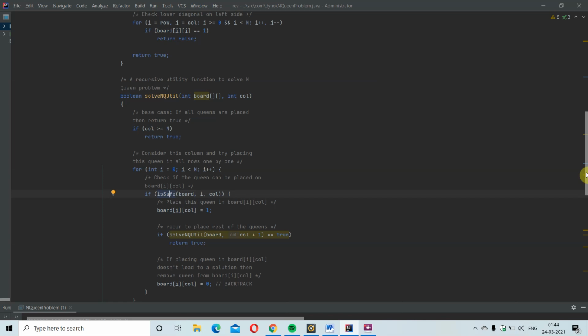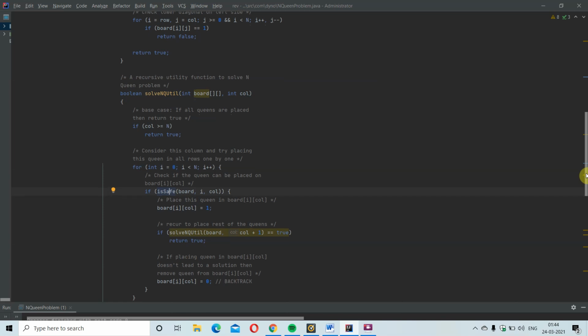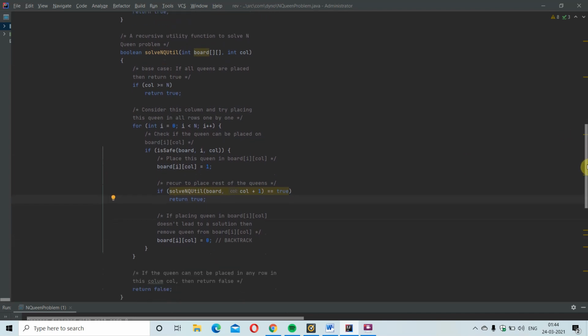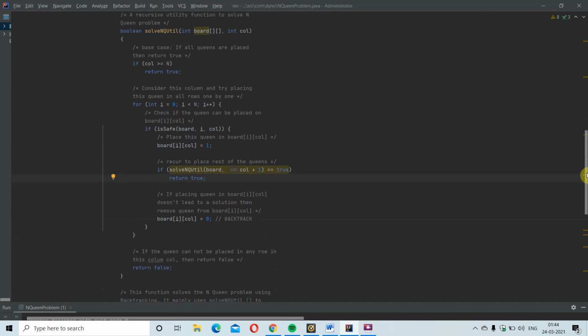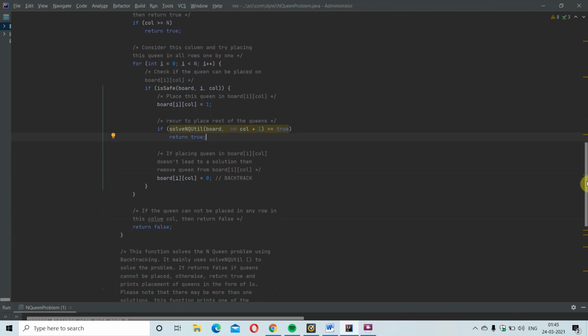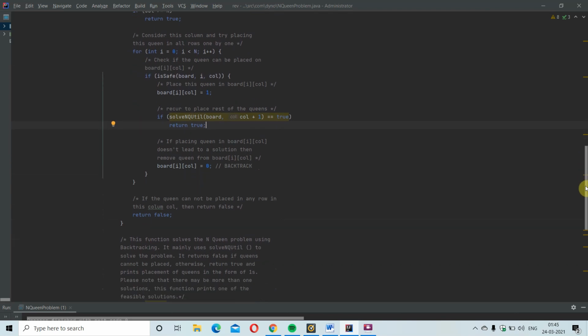Now I am checking whether solveNQUtil of board, column plus 1 is true. If it is true, true will be returned. If placing the queen in the board doesn't lead to a solution, then I have to remove the queen from the board, using board[i][col] equal to 0. This is how backtracking works here. If not, 0 will be assigned.